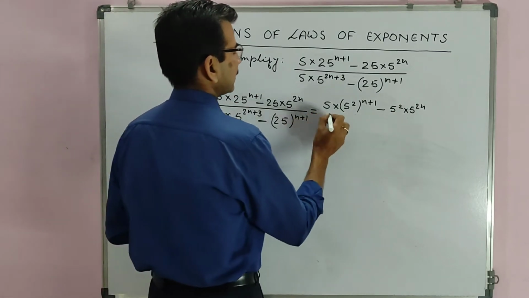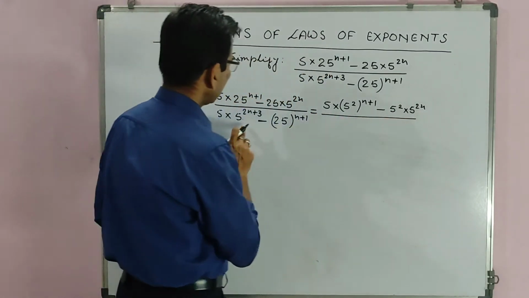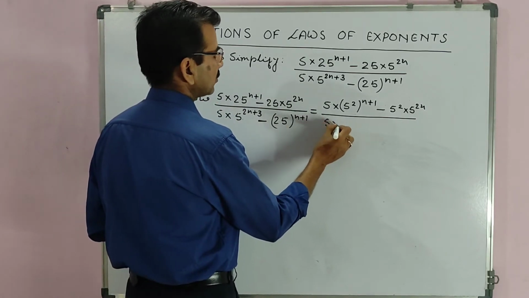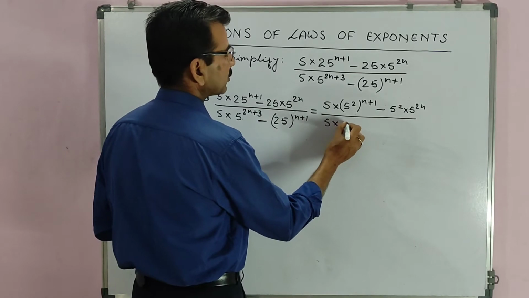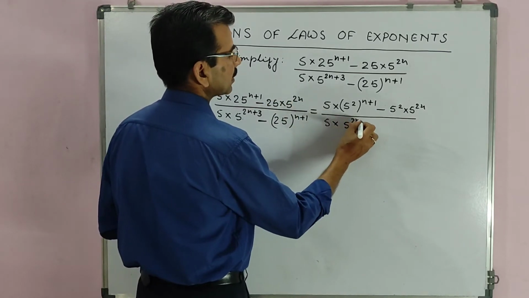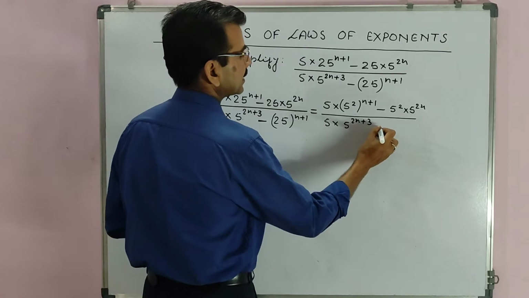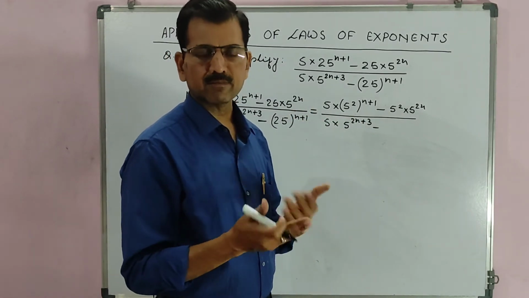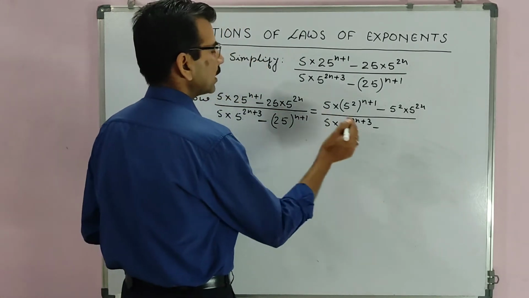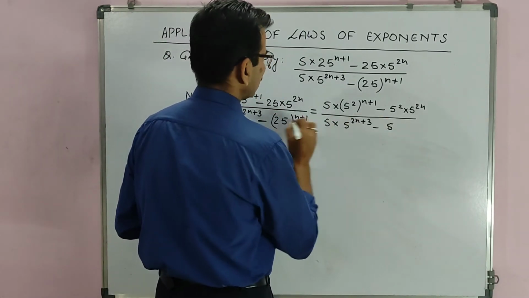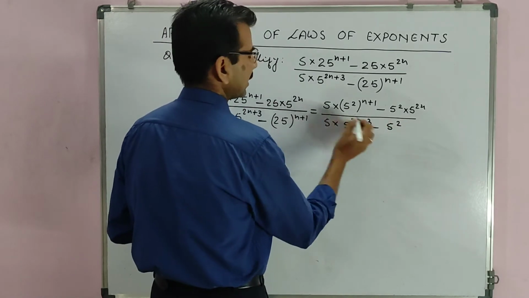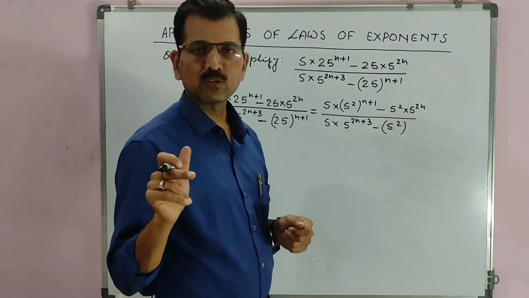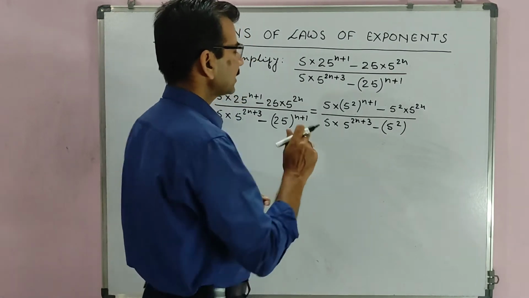Okay, upon, let us see the denominator. 5 into, as it is we are writing 5 raised to power 2n plus 3 minus 1 by 1 you do. If all together will do, then it creates confusion also. So 1 by 1. Don't hesitate in writing the steps. As many you want you can write, but avoid to make the mistake. Okay, that is important thing.